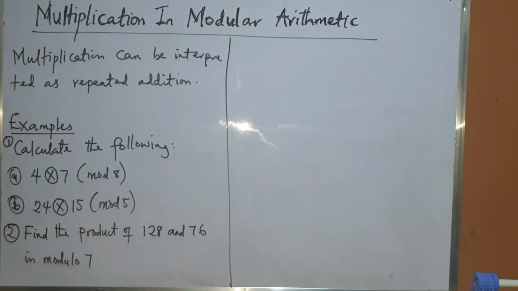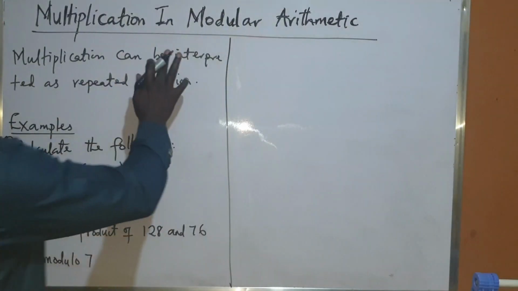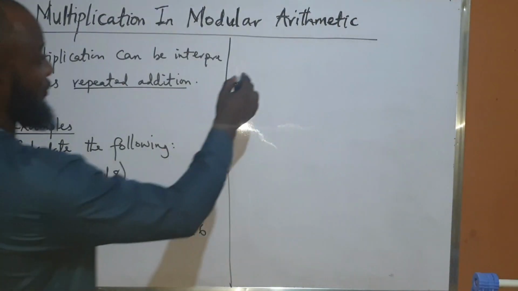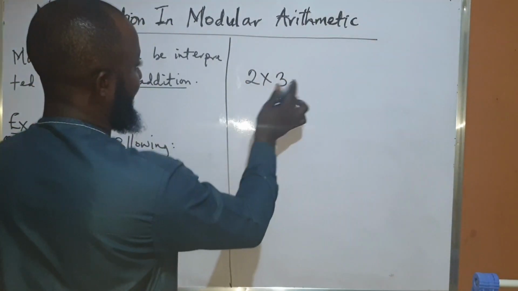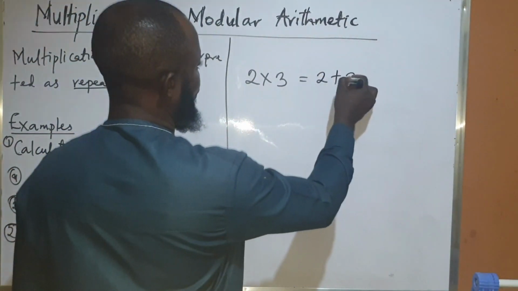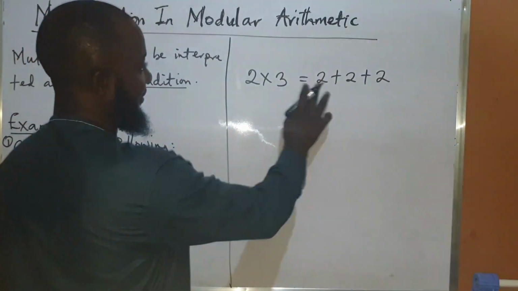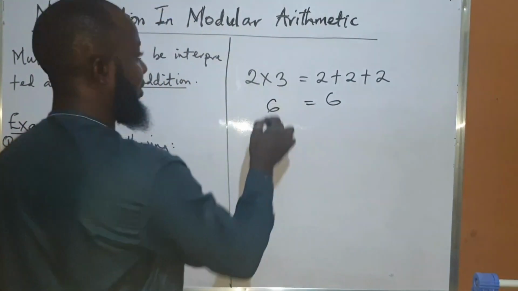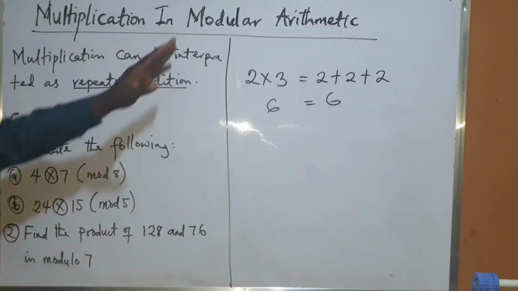When we talk about multiplication, generally multiplication means repeated addition. Repeated addition, what does that mean? If you have 2 multiplied by 3, it means we are multiplying 2 by 3, right? So that means 2 plus 2 plus 2. So 2 is being repeated 3 times. That's repeated addition, and that gives 6. And 2 times 3 is also 6. I hope this is clear. So the same thing will also be applicable when we are looking at it in